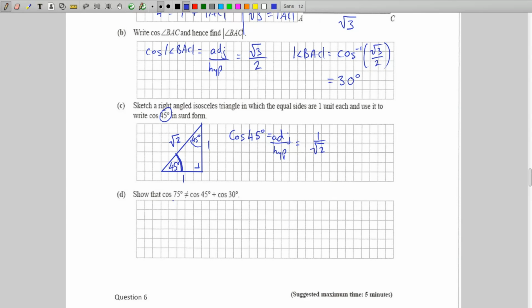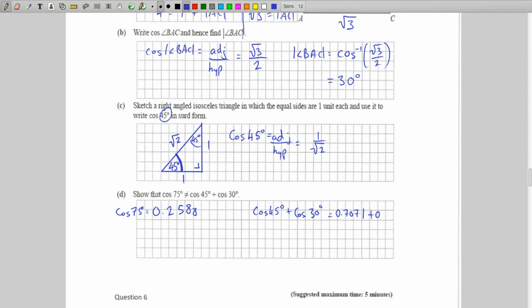Lastly, we have to show that cosine of 75 does not equal cosine of 45 plus cosine of 30. Well, what's cosine of 75? If you just put that in your calculator, you'll get 0.2588 or thereabouts. So that's cosine of 75 degrees. We've got cosine of 45 degrees plus cosine of 30 degrees. And that's going to be 0.7071 or so,